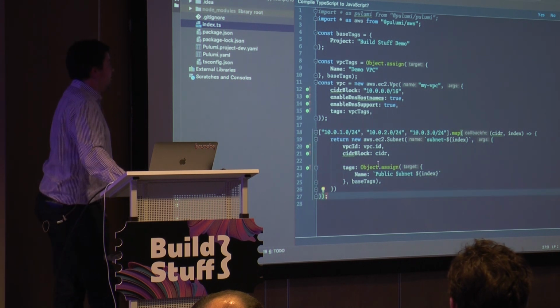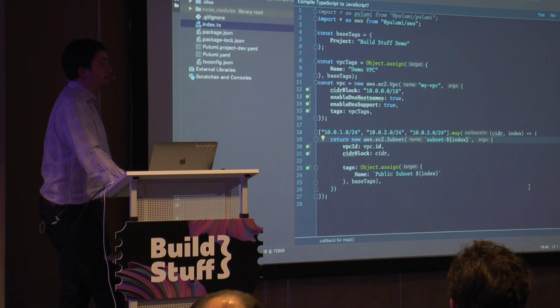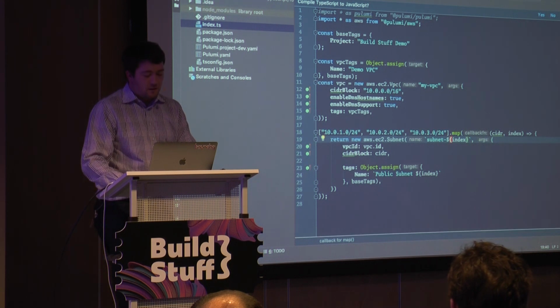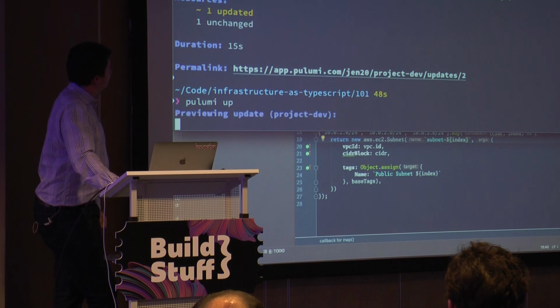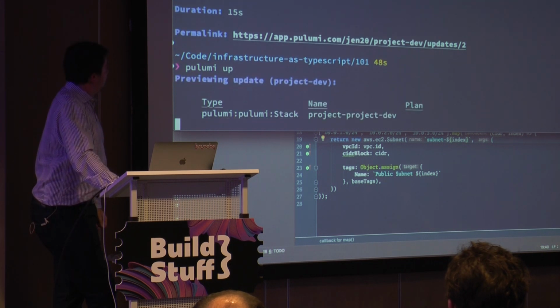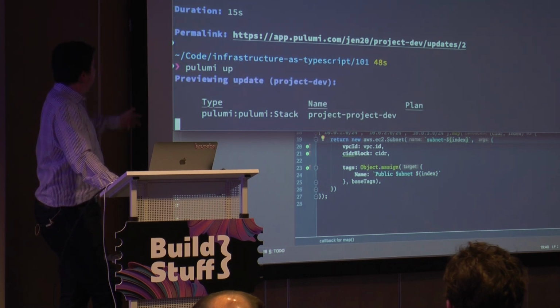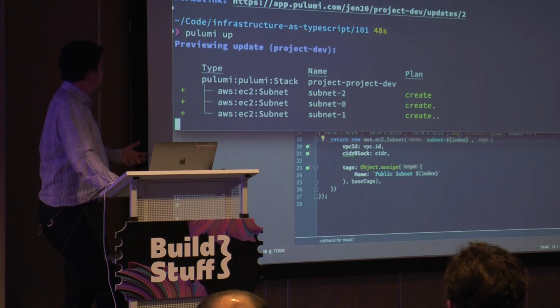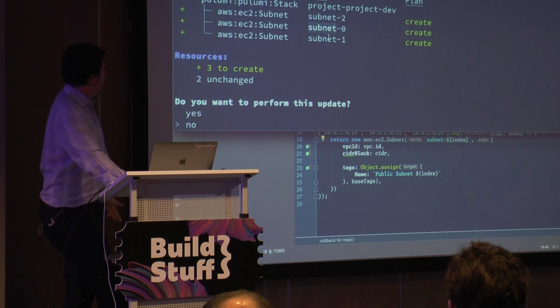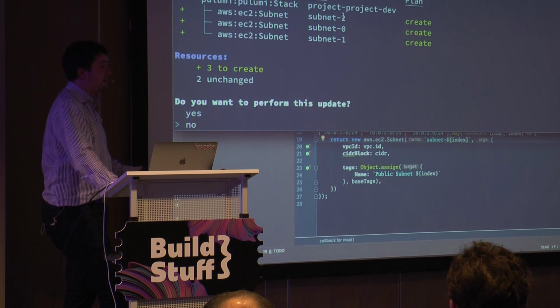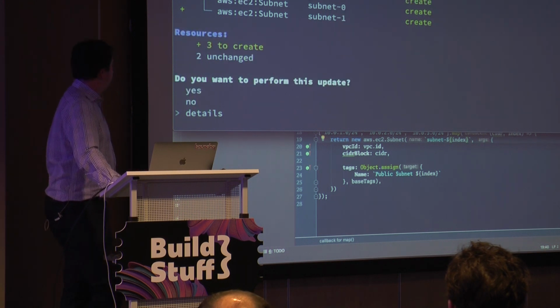So what we've effectively done here is a looping construct, which many of these systems will just not allow you to do because it allows you too much power. If we go run our program, then what we'll find is, when US East 1 wakes up, we're going to need to create 3 subnets, subnet 0, 1, and 2, to make the state of AWS match what we said we want our world to look like.